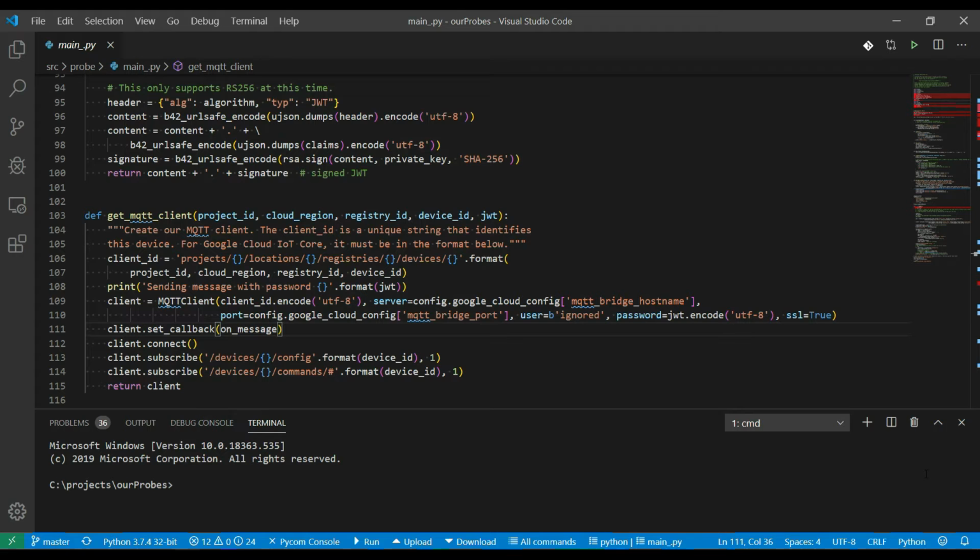But longer term, what I'll be doing is creating the Angular client that's going to manage this whole thing up on the web, and it's going to set up that config information for each probe. So I won't be doing it manually, but let's carry on. So we've got that config information set up on the